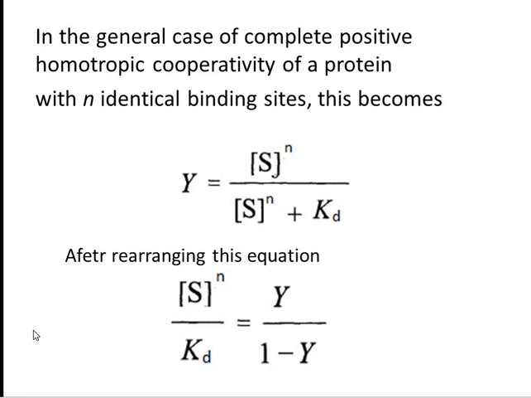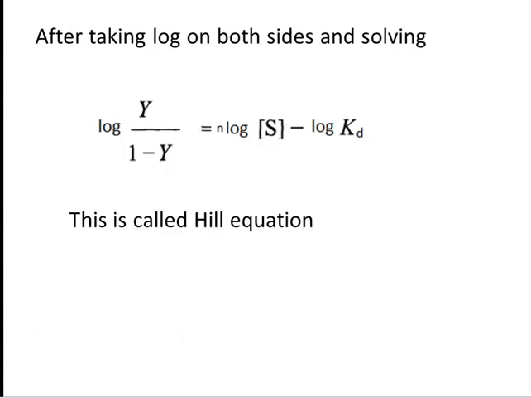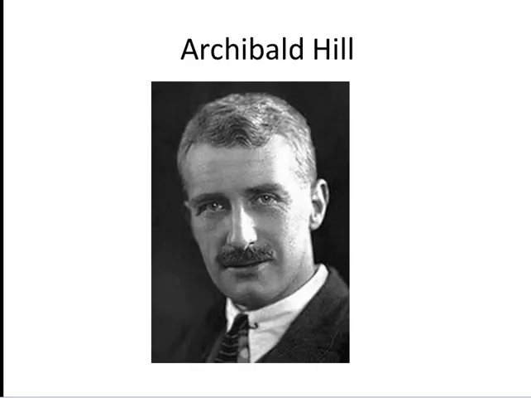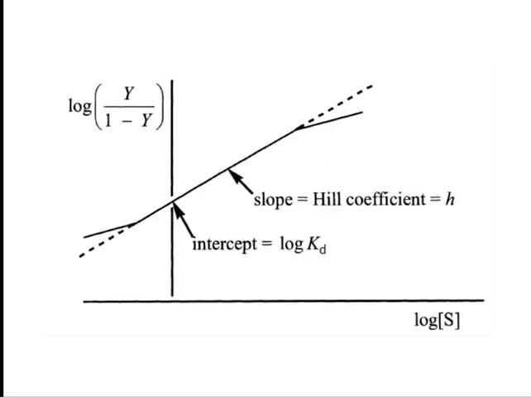That is this equation. After taking log on both sides and solving, we will get log Y by 1 minus Y is equal to n log S minus log Kd. This equation is called the Hill equation, which was devised by Archibald Hill. If it is obeyed, a graph of log Y by 1 minus Y against log S will be linear with a slope n and the intercept minus log Kd. Such a graph is called a Hill plot, and the experimentally determined slope is known as the Hill coefficient and given by